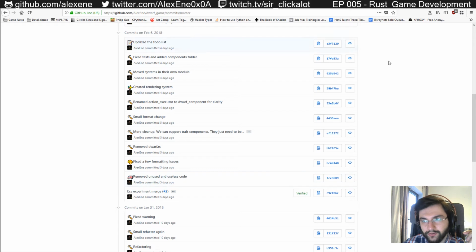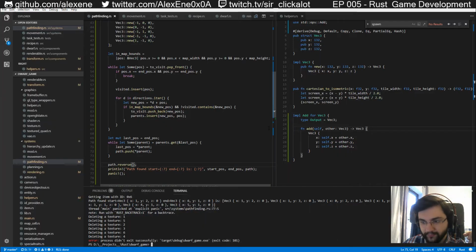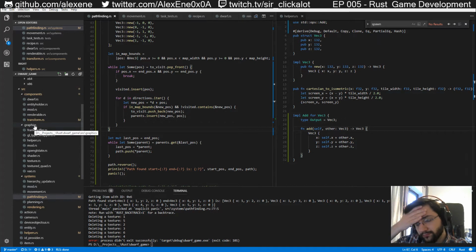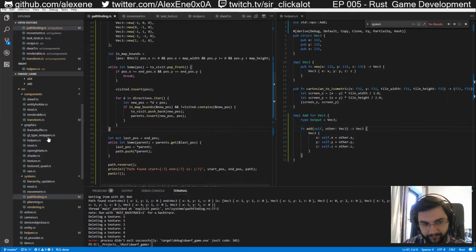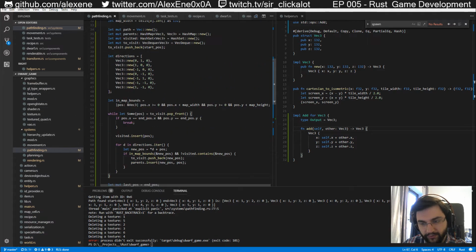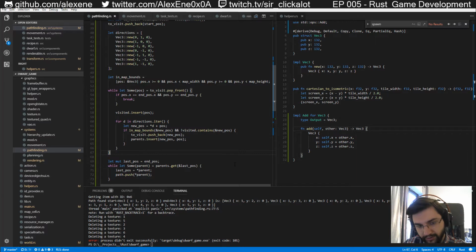So I changed the entity system. If you remember from last time, we used to have a class for dwarfs, a class for tasks, and traits for that class for rendering, updating, and so on. The same for tasks. Tasks didn't change that much since we last saw them, but the dwarfs have changed a lot. So I went with an entity component system